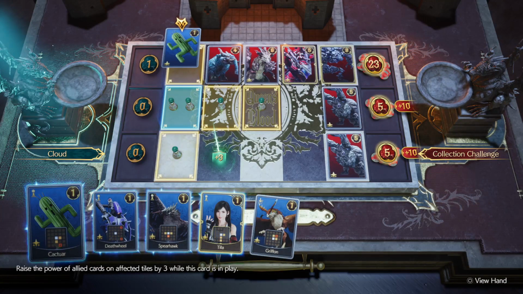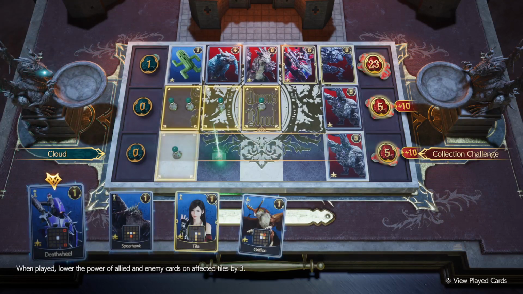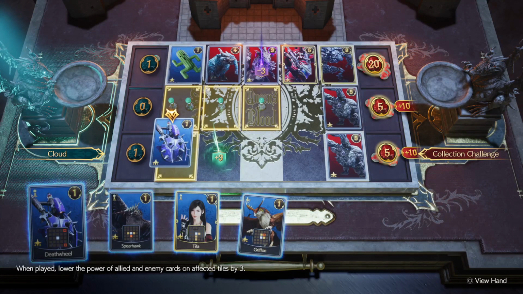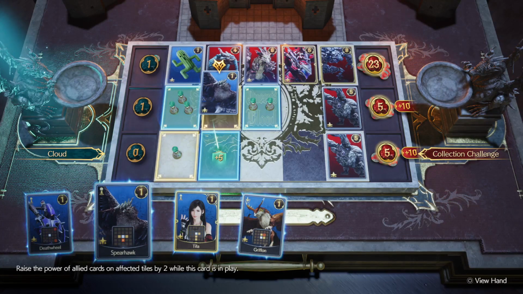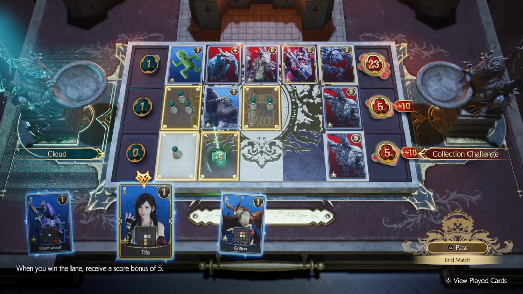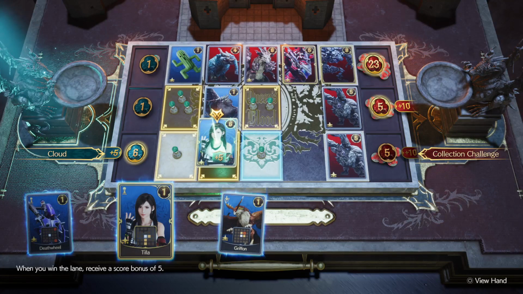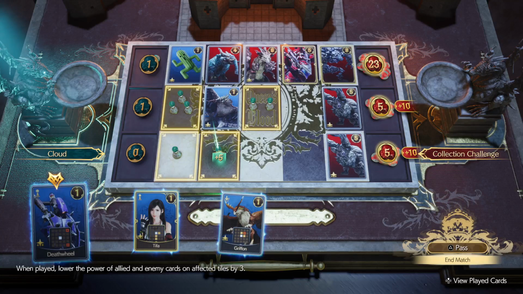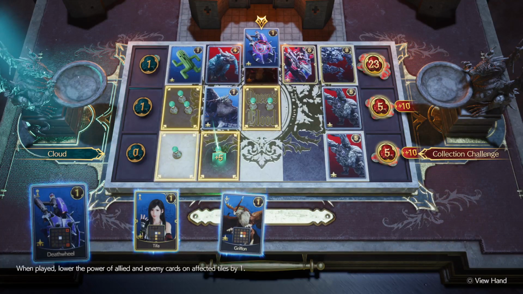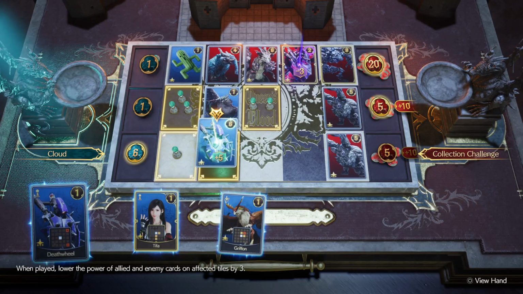So we'll try a Cactuar here. See, him there can do that. I'm probably gonna want a Spearhawk here. So that will buff and give me what I need to put Tifa here to win that row. But then I lose the other 2 rows. I can't put the Griffin down there because it has replaced something. So let's try Labs with this. So that will win the bottom row, but I'm still...